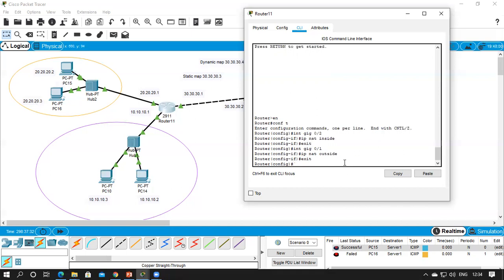So we're going to use the same IP address. So all the hosts within this network are going to address that. So first we will, now we'll give it a 20.